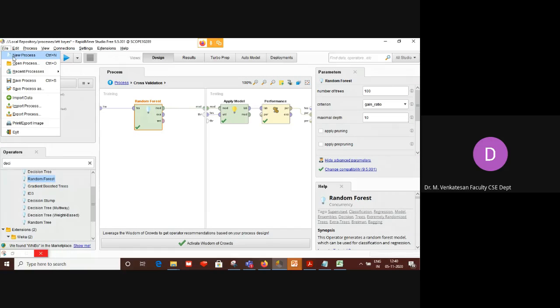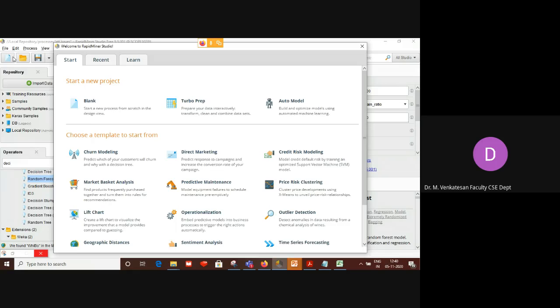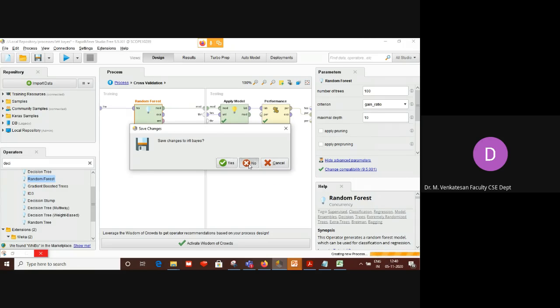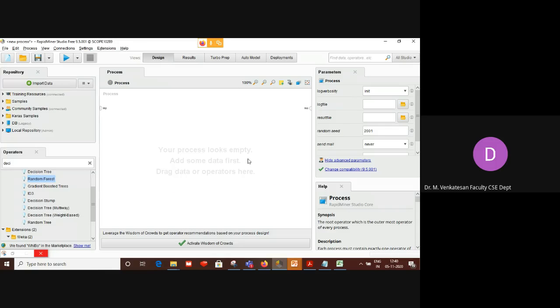Now I'll open a new process, blank. Then unsupervised learning. Coming to unsupervised learning, I will explain the theory while explaining social network analysis in the afternoon. But how to do k-means clustering in RapidMiner? It's very easy. What you have to do is read any data.